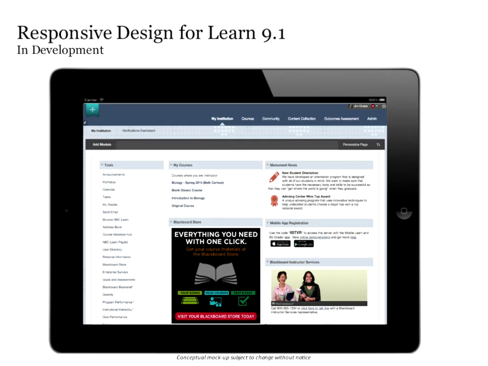And then the third component of the work as part of the redesign is bringing responsiveness as well to 9.1 where we can. And responsiveness refers to the ability of the interface to accommodate different screen sizes very well. So being able to be on a desktop, a tablet, or even a handheld device, and being able to interact easily and effectively with the software. So getting to responsive is a journey.